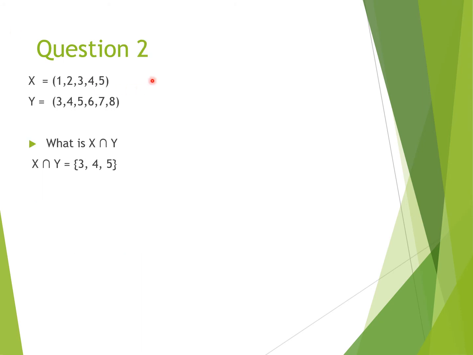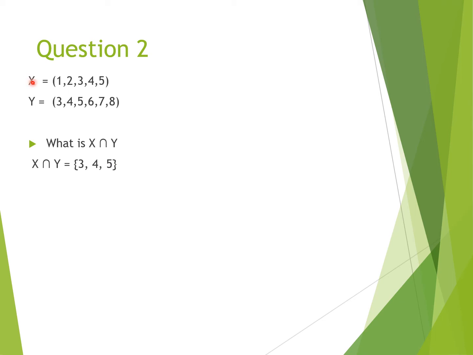Now for question 2, here's where we have an intersection. Same question. X equals 1, 2, 3, 4, 5 and Y equals 3, 4, 5, 6. What is X intersect Y? And as you can see, the ∩ sign turned down, showing that it is intersection. So X intersect Y equals 3, 4, 5. How did we get this 3, 4, 5? Look at